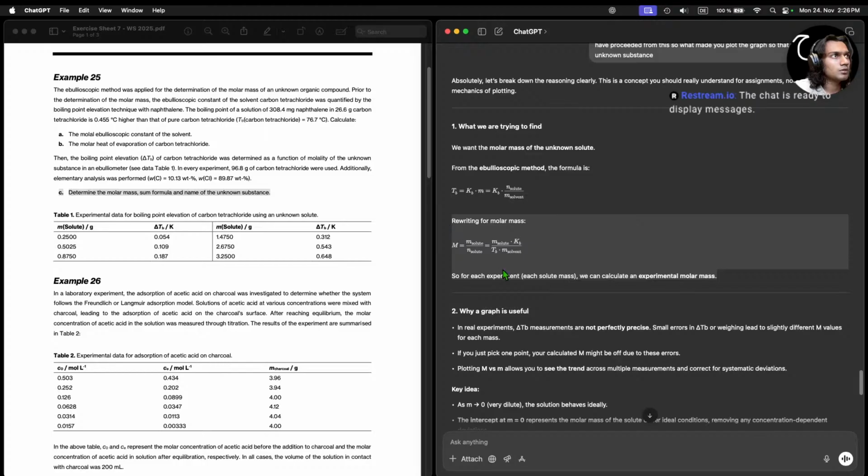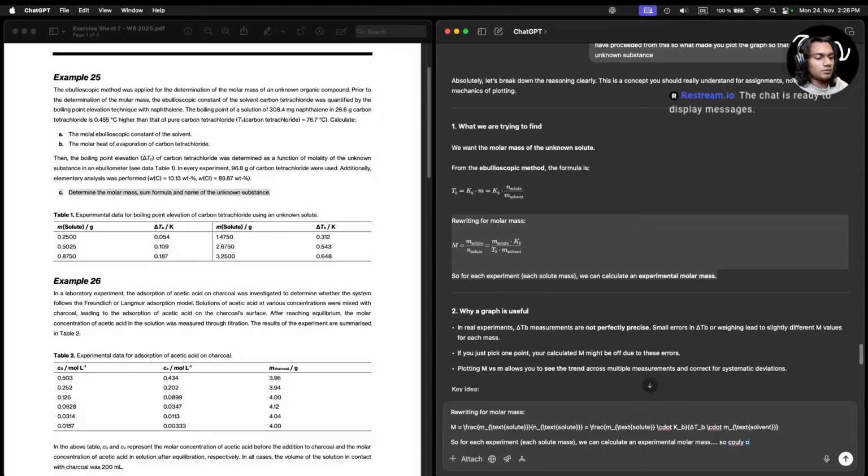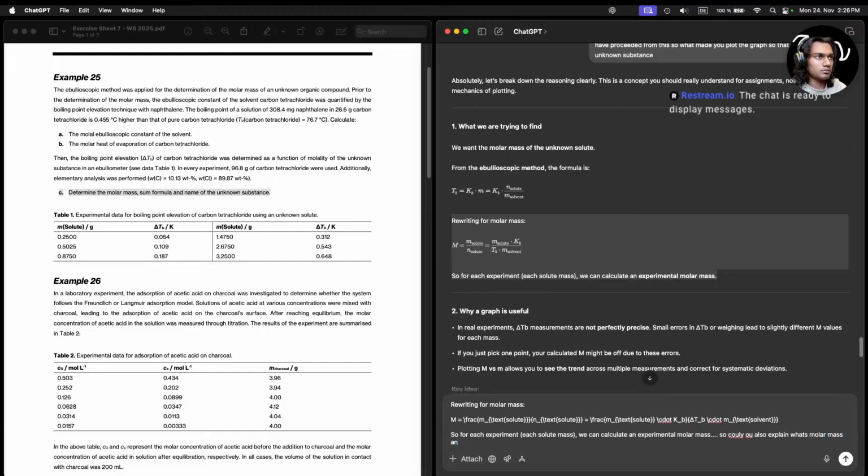Could you explain? Explain what? I'm pretty confused on the solute part because we have naphthalene, solute. So